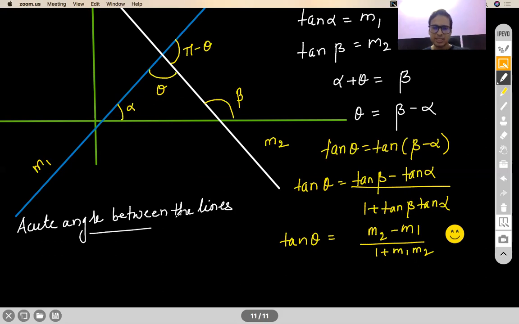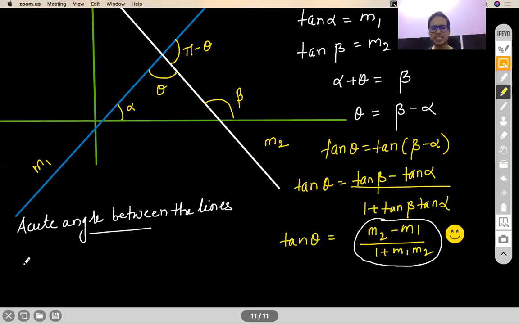Now, remember, when you have been given the values of M1 and M2, this expression that you see over here can come out to be a positive expression, or it can come out to be a negative expression. It can come out to be undefined also. It can come out to be zero also. So there are several possibilities. Correct. So let us look into the several possibilities. Yes, Anurag, that's what I'm coming to.